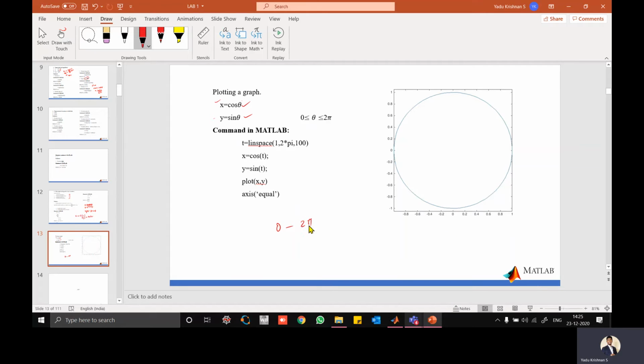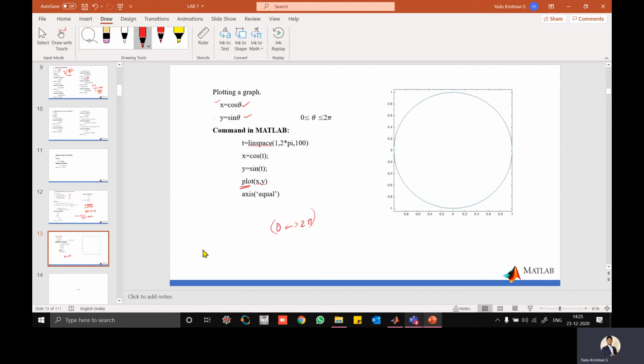What I do is divide this 0 to 2 pi into so many small divisions, maybe 0.1, 0.2, like that up to 2 pi. Then for each theta value, you can find the x value for the corresponding theta, and similarly sin theta also, right? Once you have x and y values, you can easily plot it. Which function do we have to use for plot? It is very easy: plot. Plot is the function we use to plot a 2D graph.